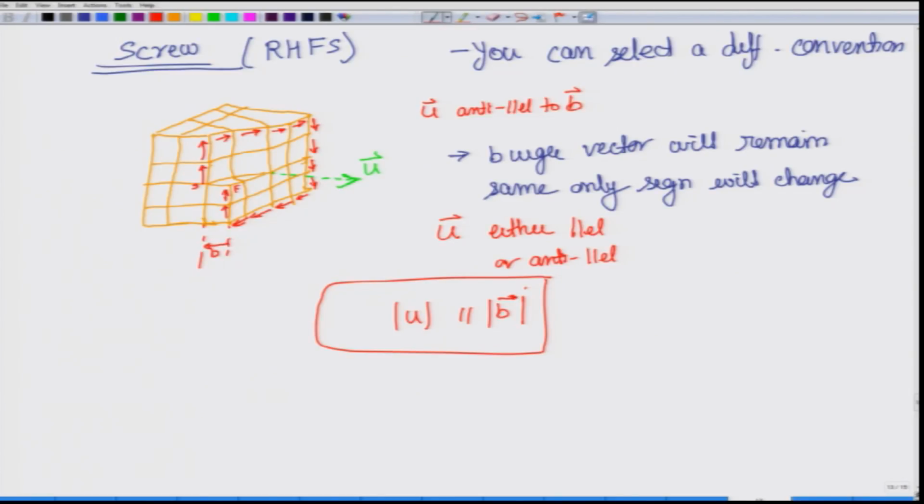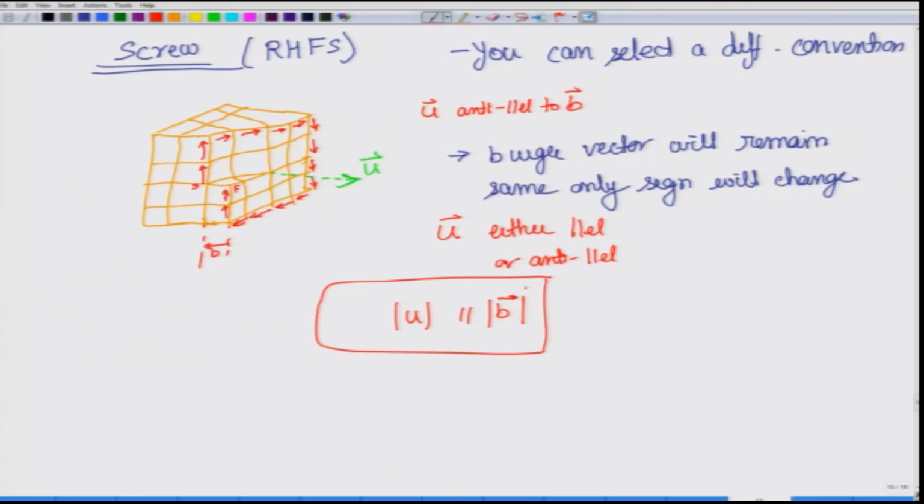Here also, if you reverse the sign, for example, if you take the U direction going the other way, you will draw the Burgers circuit in the opposite direction, and therefore you can start from here, finish would be here, and then finish to start, the Burgers vector will be in the opposite sign. So, depending on what U direction you take, you are always getting U as anti-parallel to B. That is also another interesting aspect.